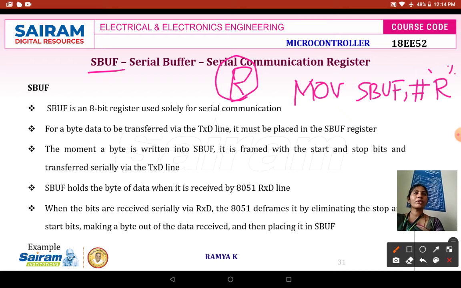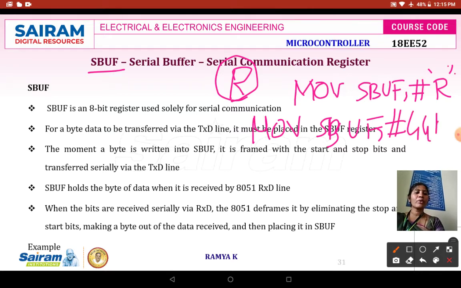If I want to represent any ASCII code, I have to use this particular instruction. Otherwise, if I want to use the hexadecimal data corresponding to R, I can give MOV SBUF, comma, #44H, to store a hexadecimal data onto this SBUF register.